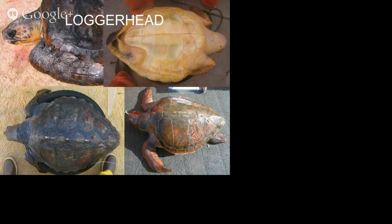Then we have Loggerhead turtles. So greens and hawksbills will primarily be the only turtles you guys might see here in the nearshore water. Loggerheads and the other species we'll talk about are more pelagic. So they're going to be further out, where you guys likely wouldn't see them unless you're way out in the middle of the ocean. So loggerheads,